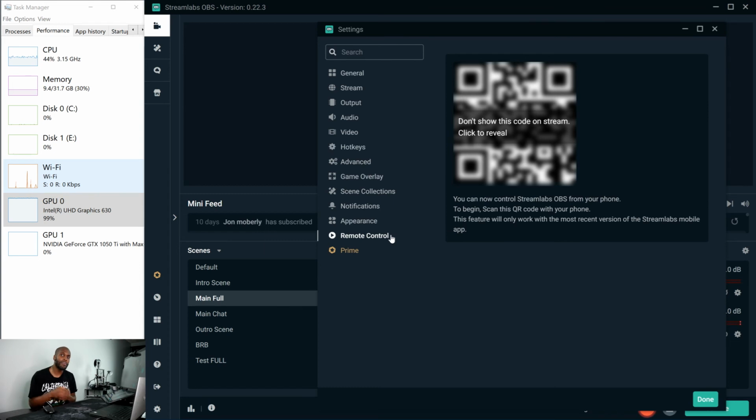Remote control, I didn't do anything with this. I don't know much about it, but if I were to guess, you can take your device and scan the QR code and use that device to control your Streamlabs OBS, which I haven't had the opportunity to do, but I see it will be useful. So pretty much I've covered all of the